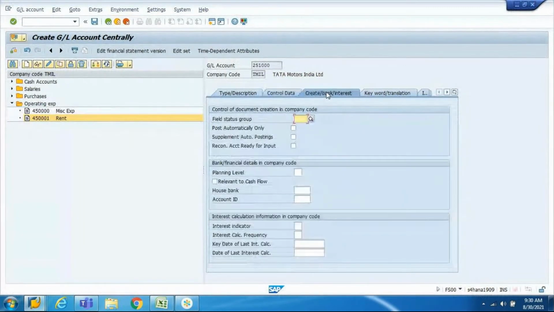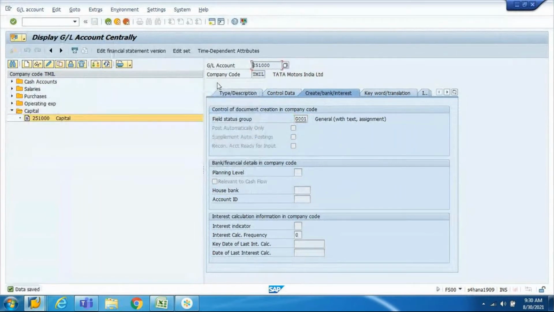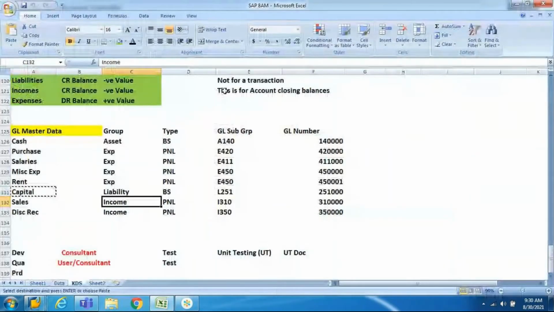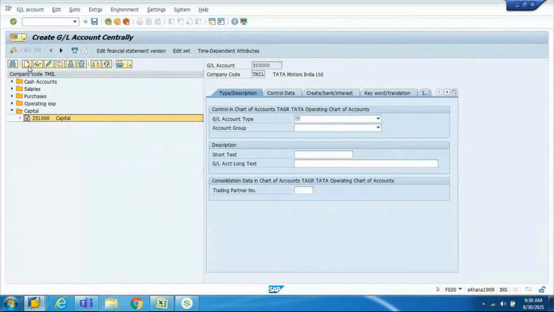So all the open item and other things, we will create a dedicated GL account with a practical scenario. Right? So that is where I'll make you understand when you need to create open item, what will be the functionality of it. 310, create 310.